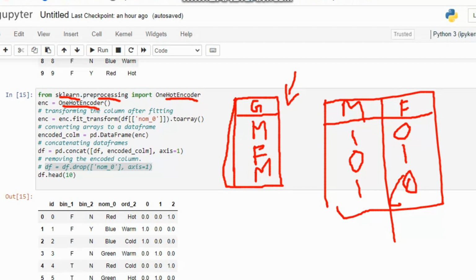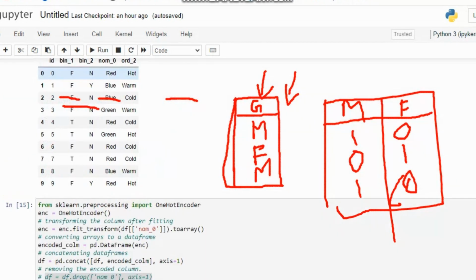The number of columns added by one hot encoding is equal to the number of categories present in the particular column. Here we have two categories, male and female, that's why we have two columns here. First is male and second is female. Similarly, in this example, we are applying